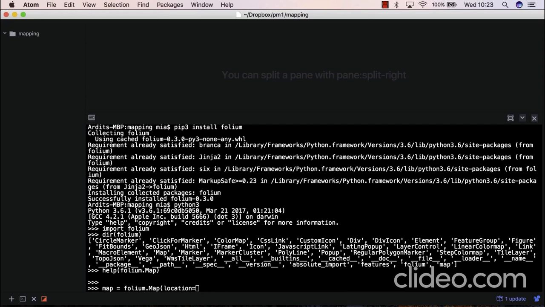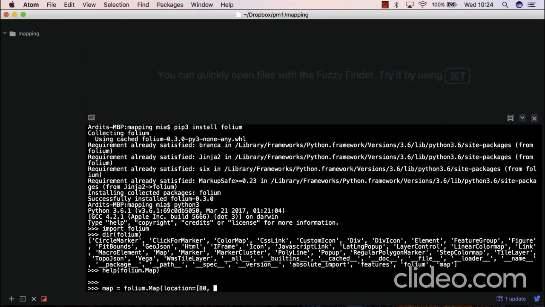So let me pass a random location. Locations, by the way, are given through coordinates. And by default, you need to pass geographic coordinates, which is latitude and longitude. So latitude ranges from -90 to 0 to 90. So let me pass 80 there. By the way, this goes inside a list actually. So 80,